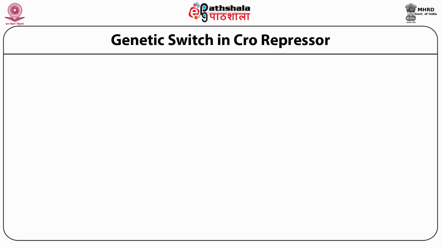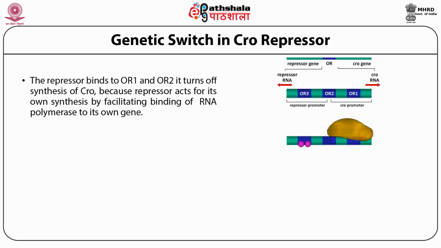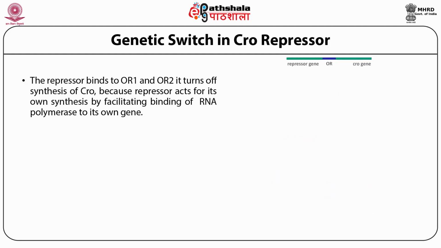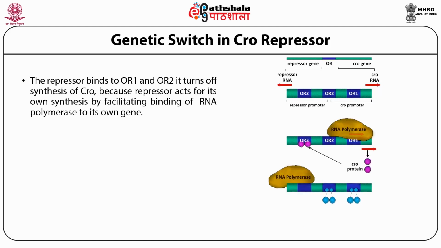There are 3 regions, OR1, OR2 and OR3. The repressor binds to OR1 and OR2. It turns off the synthesis of Cro protein because the repressor acts for its own synthesis by facilitating